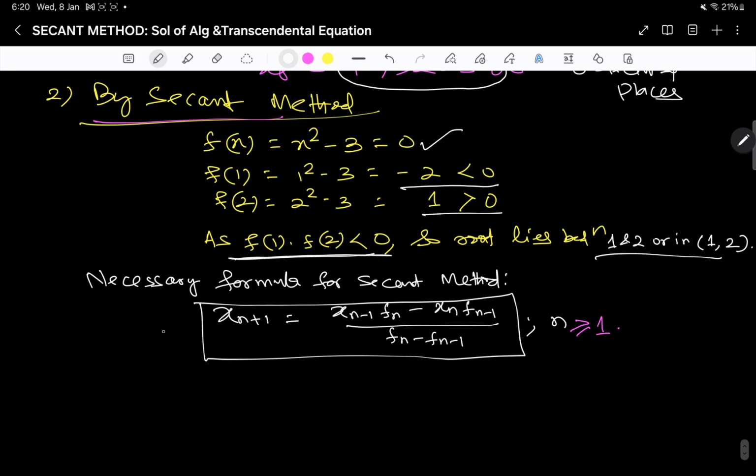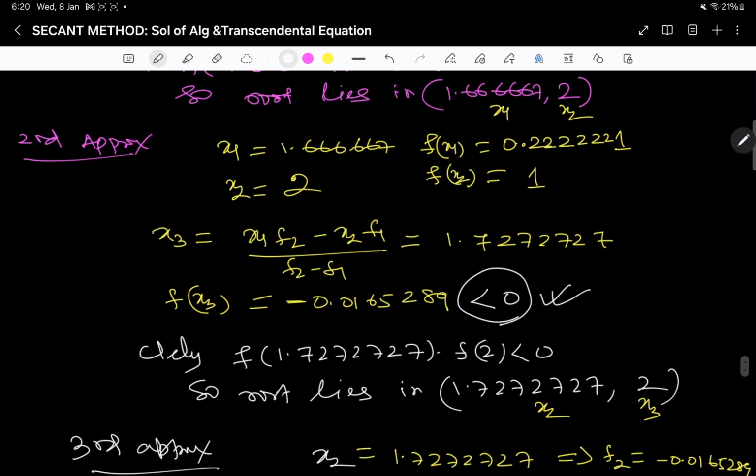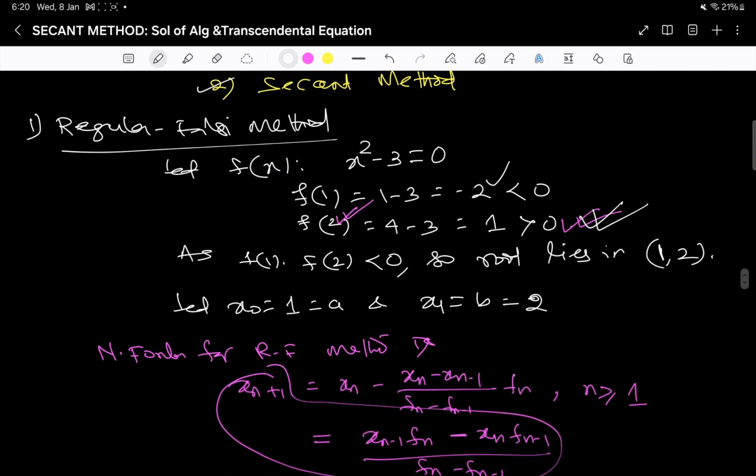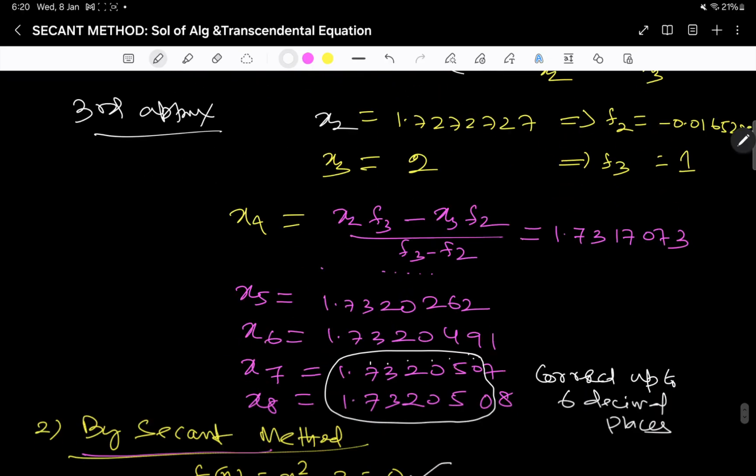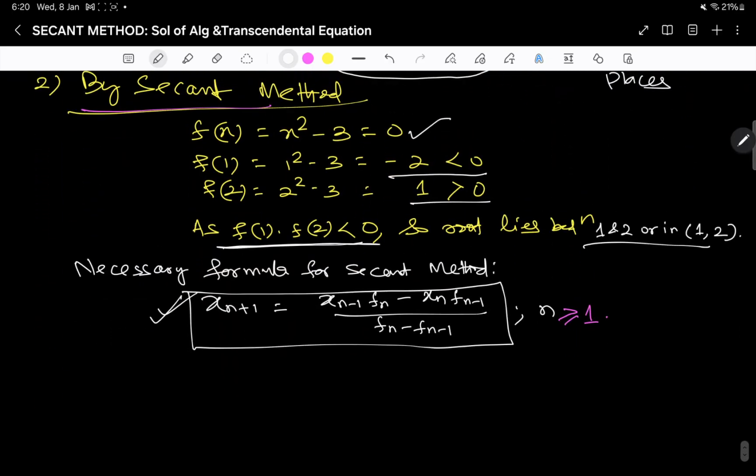So now the necessary formula is this, same as your second method, but here we are not going to subsequently check that fn minus 1 into fn is negative. This condition is relaxed subsequently. Now this condition is here, but it is subsequently relaxed. Now your first iteration,